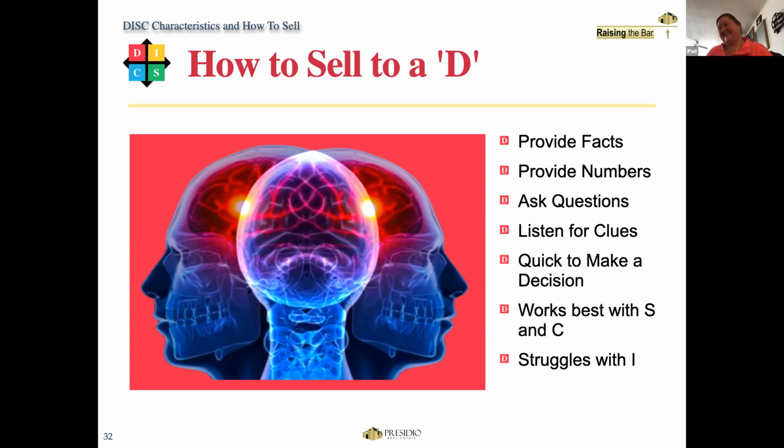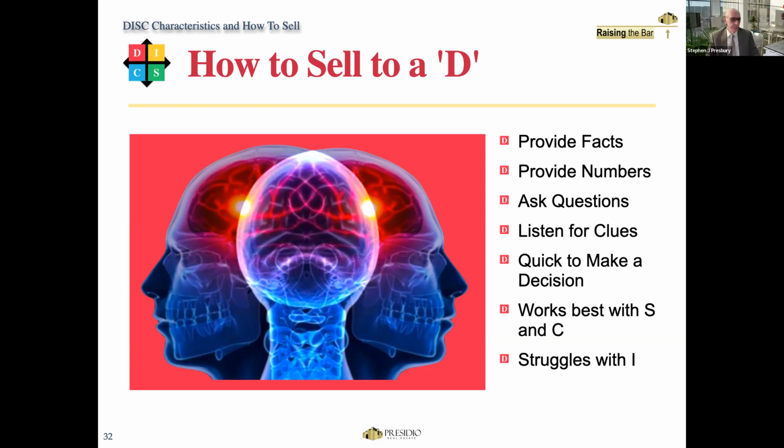Perfect. What personality are you, Tammy? Well, I haven't taken this one, but I have taken the color code test. Yes, okay, very similar. And I am a split blue and red, so I'm a dominant kind of personality. Good. Have you worked with I's before? The yellows? They would be the yellows in that test you took. Yeah, there was yellows, and I don't think I've dealt with a yellow.